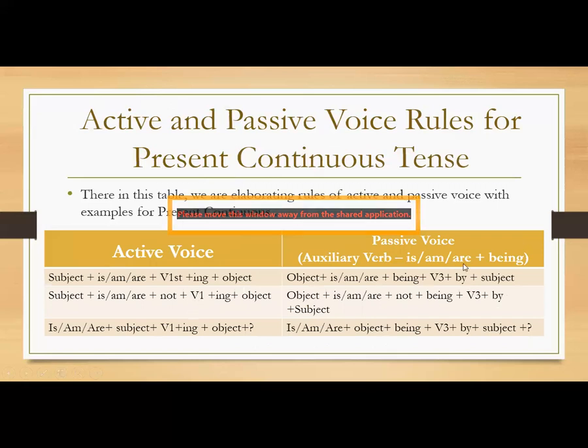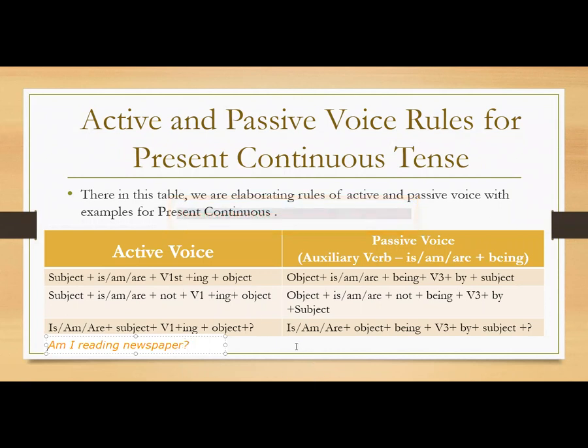Present continuous tense: the auxiliary verbs are is, am, are plus being. The addition is of being. The helping verb will be the same. The active is: he is reading. Let me take it as affirmative. Is or am I reading newspaper? Question mark. This is active, and going from active to passive, the passive will be